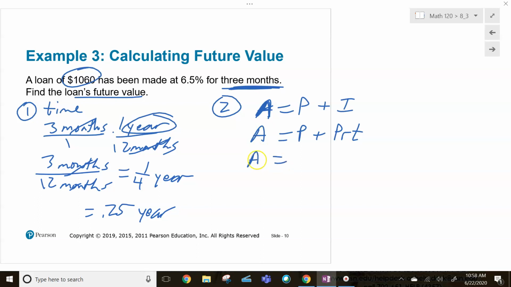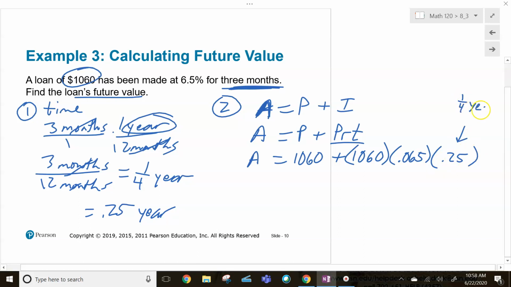So we're promising to pay 1,060 plus, now let's do the interest, 1,060 at 6.5%, 0.065, right? Make sure you convert that 6.5% to a decimal. 3 months is 0.25 of a year, right? This is a fourth a year. That's the 6.5% that goes in right there. So we got 1,060 plus the interest. This ends up being